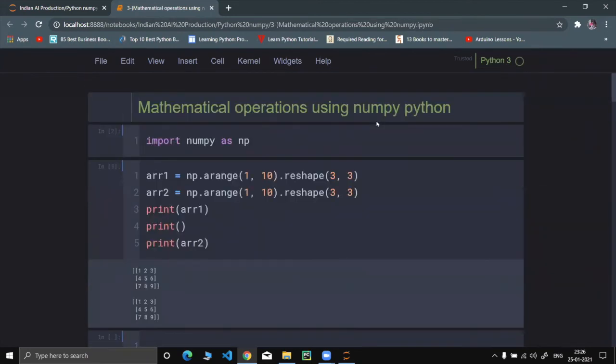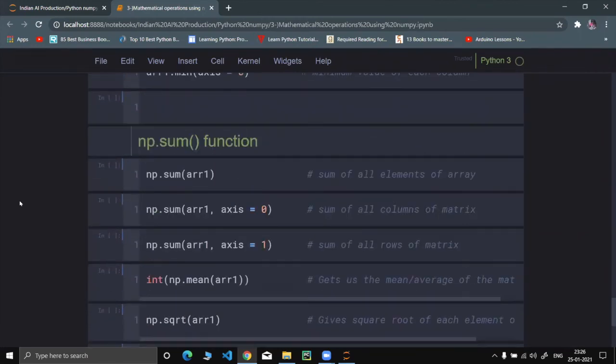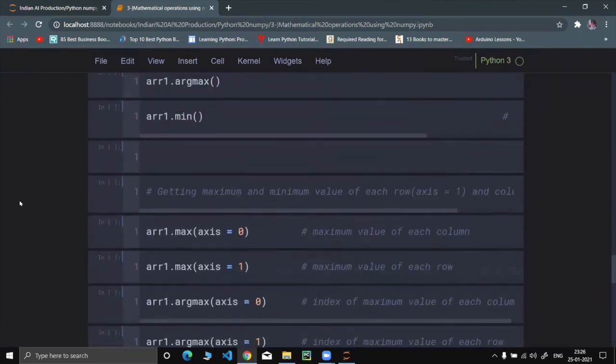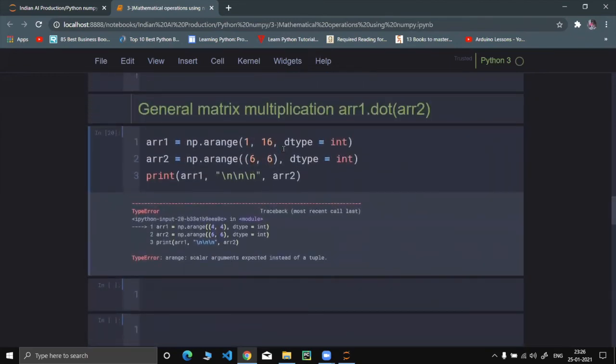I actually forgot the syntax of range function. Okay. Yeah, perfect.